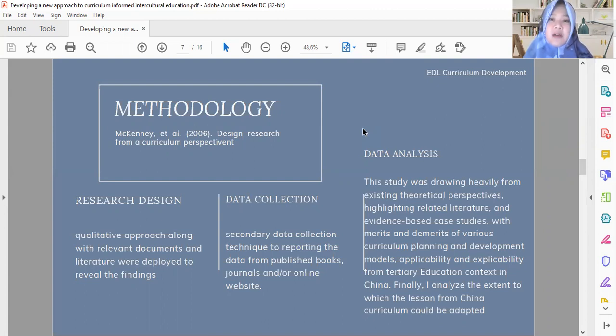And then to analyze the data, the procedures I use followed the McKinney et al. design research from a curriculum perspective.